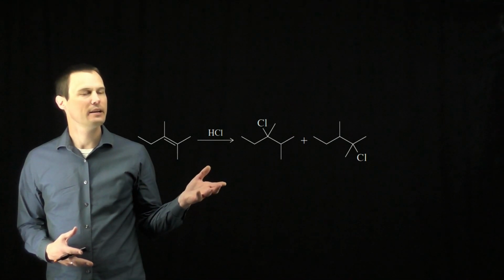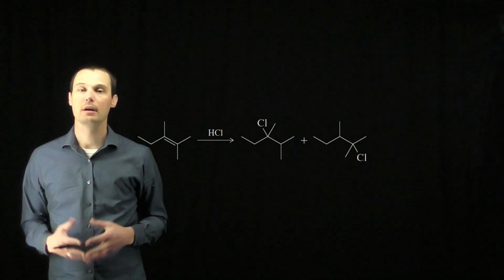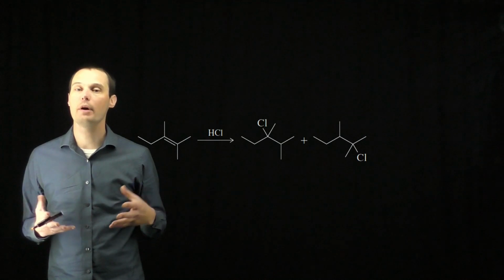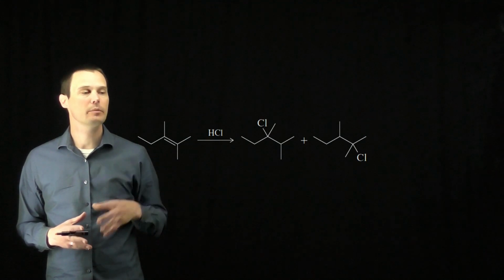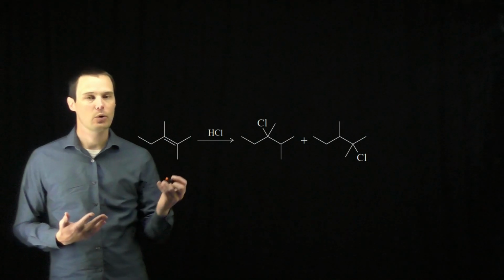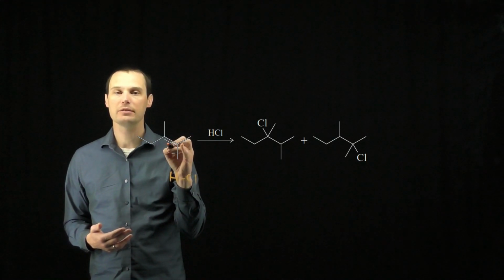The question asks us to rationalize why this electrophilic addition to an alkene gives two regioisomeric products, when typically the reaction of a mineral acid across an alkene gives only one regioisomeric product. It has to do with the substitution of each of the carbons in the alkene. They're both the same substituted. It's a tetrasubstituted alkene. So when this alkene reacts with HCl, the alkene can act as a nucleophile, and it